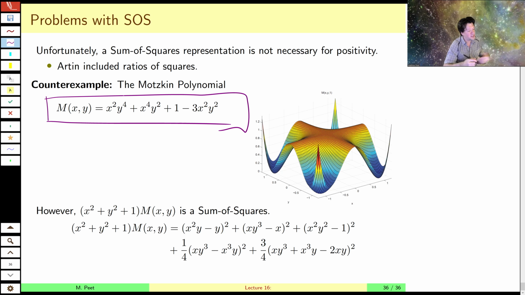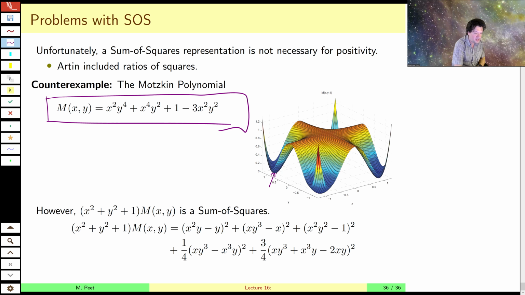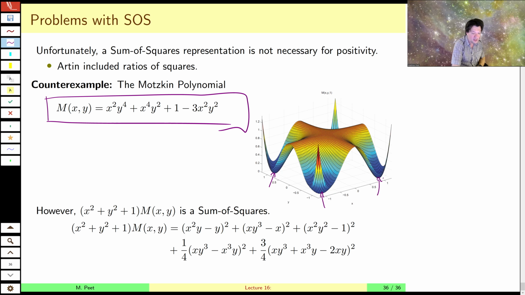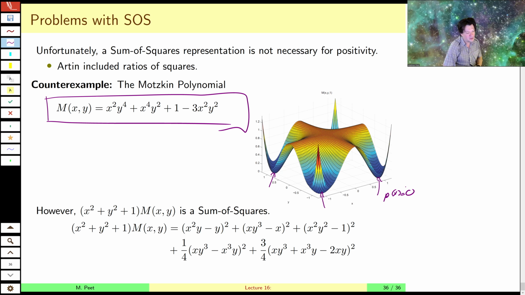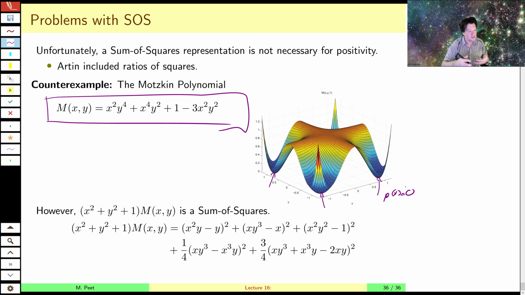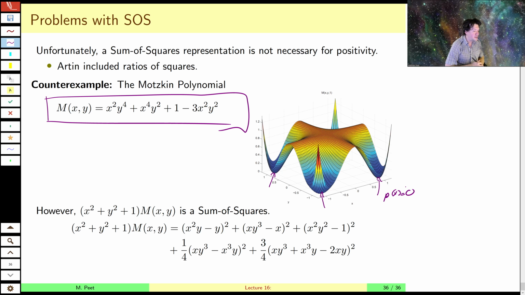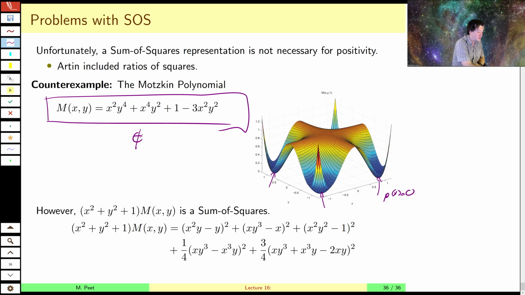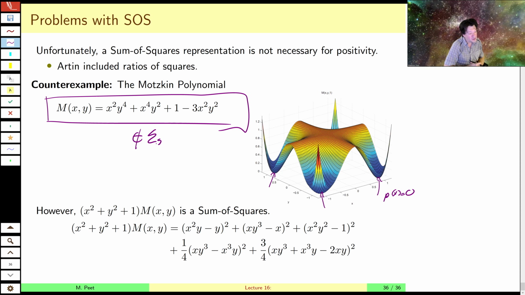So here's a particular Motzkin polynomial. It looks like this. You can see it's positive. It gets very close to non-negativity here, that's p of x equals 0. So the positivity, the semi-definite part is tight. It gets down to 0. And it's not a sum of squares. There is no sum of squares representation. However,